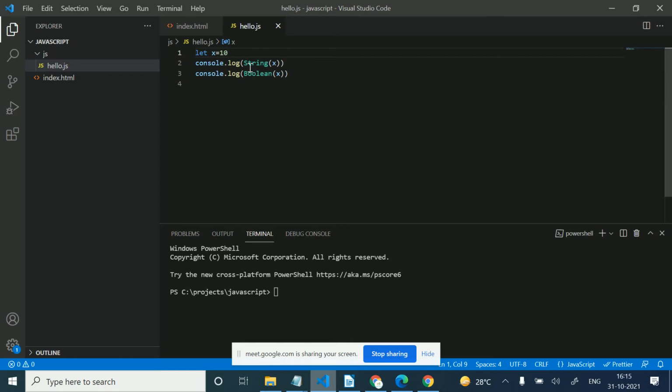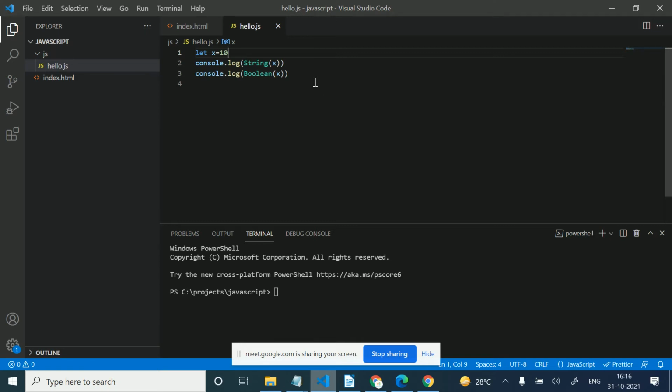In the case of string, I am converting the number to a string, so I will get the same number, but it will not be equal to 10 because its data type is now string, not number. So when I compare it in the if condition, it will not match the number 10, as I have shown you before. This is the type of conversion we do here.